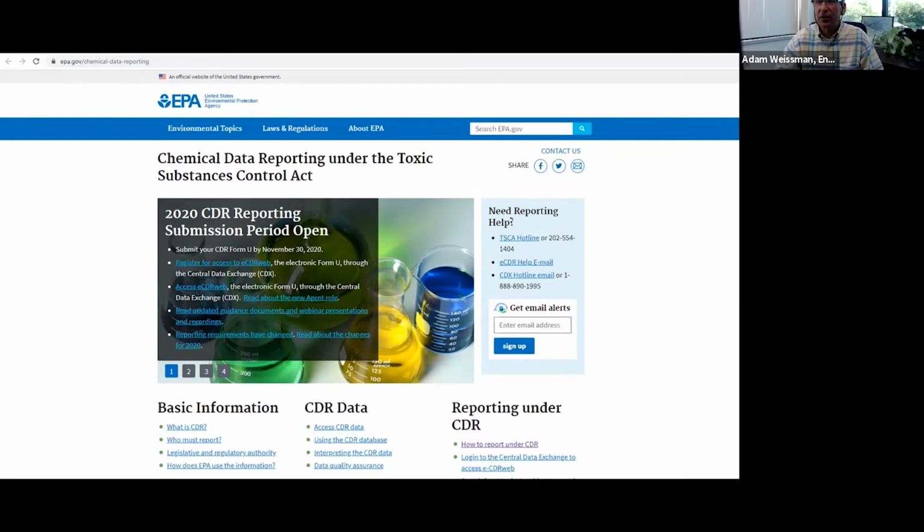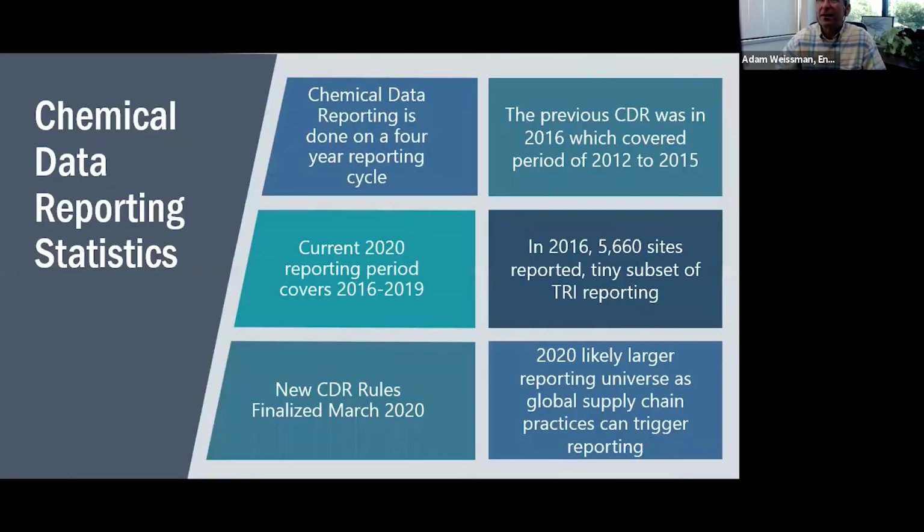What's changed for 2020? For folks who are going to really get into CDR reporting, certainly you'll be on this page. Several things have changed for the 2020 cycle, and because this is a report that only takes place every 4 years, folks maybe are not expert or are not really so tuned in to changes because they weren't familiar with it even before the changes. So as I've already stated, it's a 4-year cycle. This is the year covering 2016 to 19.